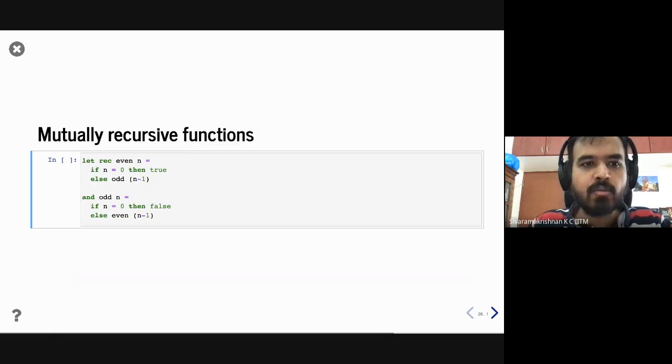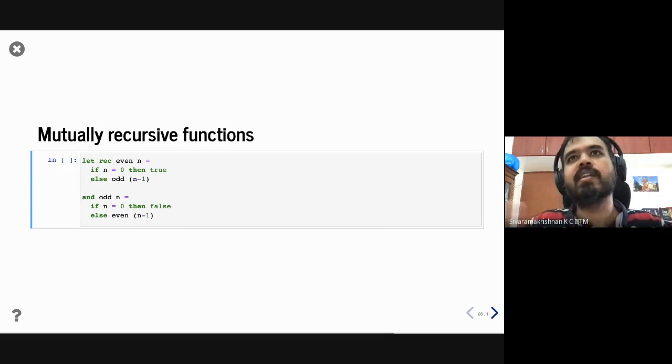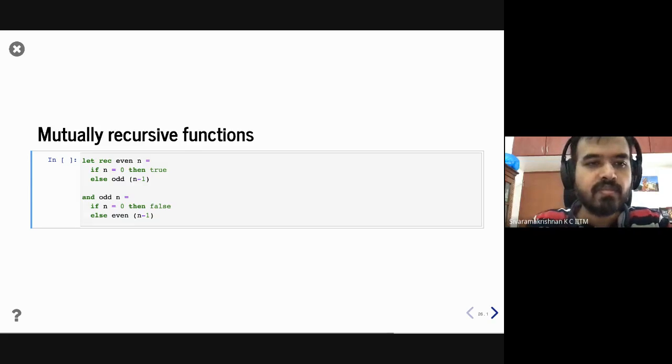Let's move on. Anirudh had a question earlier about what if we want to use two functions that refer to each other. So we have a facility in OCaml for that. It is known as mutually recursive functions. Mutually recursive means you can have a set of functions actually. It doesn't need to be two. It can be n functions that need to call each other. In practice, this doesn't come that often. I'll also put that out there.